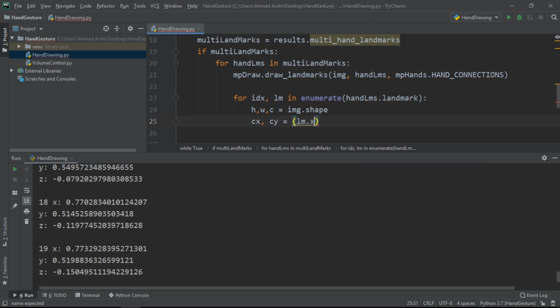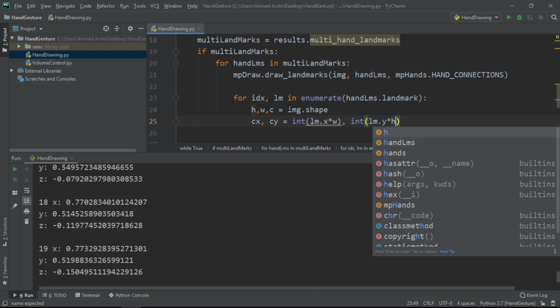So let's make it lm.x multiplied by w, convert it to integer, and same, comma separated, for integer lm.y multiplied with height. Now this statement will simply consider the landmark's x point and multiply it with the width of this image.